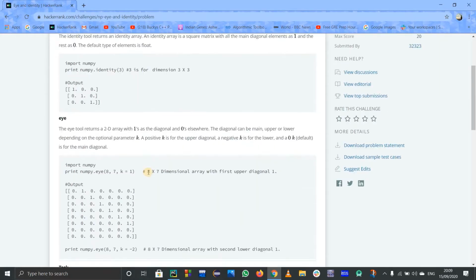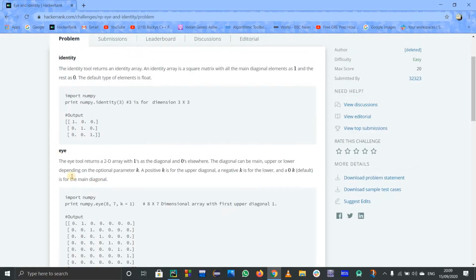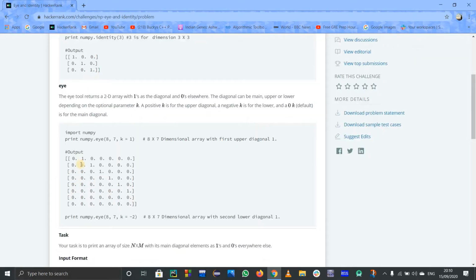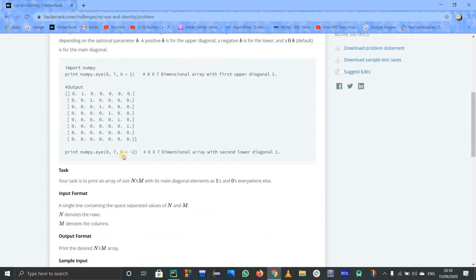In the eye function the dimensions can be anything, that is m cross n. n and m can be different. So that is the difference between eye and identity. And one more difference is that in the eye function the elements of the main diagonal need not be 1. We can have any other diagonal, suppose this diagonal is for k equals to 1, this also can have ones. This is the diagonal above the main diagonal, so it is k equals to 1, then above it will be k equals 2, below the main diagonal will be k equals to -1, then -2 and so on. To know these details you can watch those videos that I have already made.